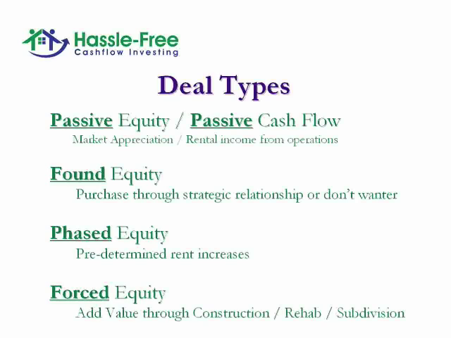So the way that we make money with group investments is we're really looking for passive equity and passive cash flow, right? Passive equity is just the market smiled on you and the property went up in value. And that seems kind of a silly thing at this point in the market, but cap rates are very high right now. So we're talking about commercial property today, and commercial property is valued by its income. And the income might stay the same and the property value could go up just simply because investors are willing to take a lower rate of return. Right now, investors expect a very high rate of return.